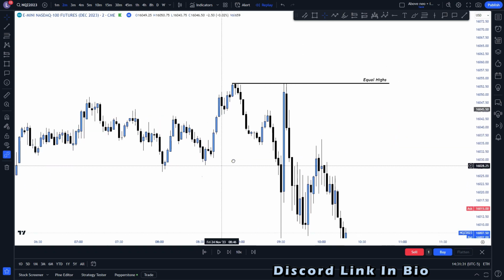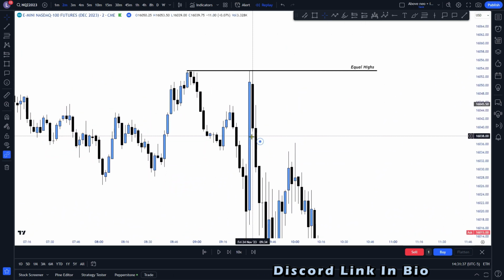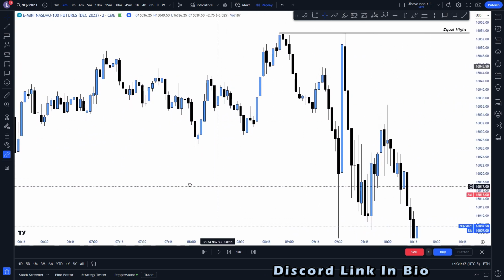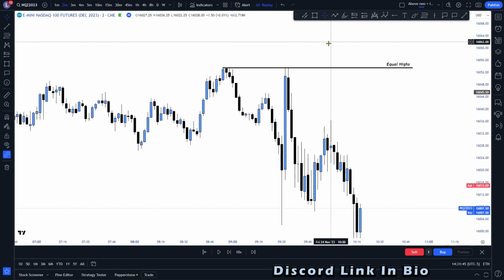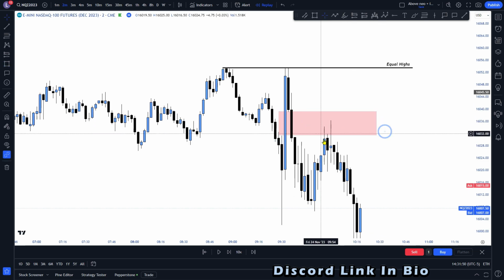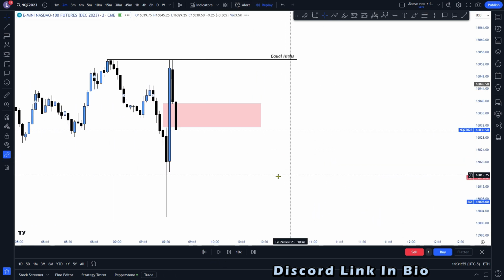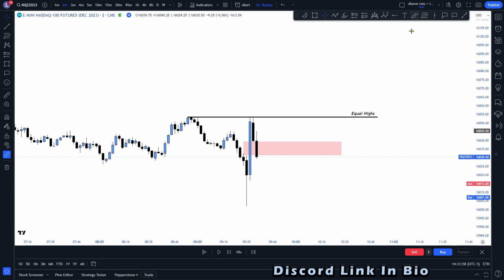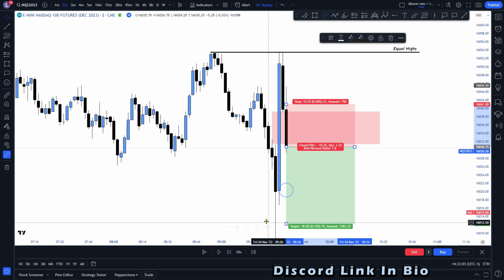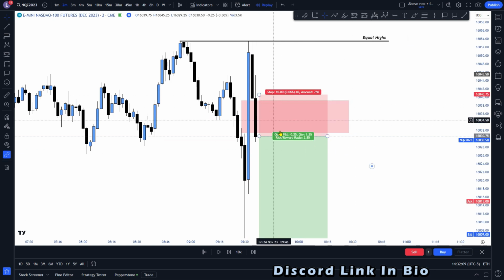Yeah, going off on a bit of a tangent there, but back to the inversion fair value gaps. Now, as I said, you want to make sure that you're using the inversion fair value gaps on the higher time frame, and the way I like to enter into these inversion fair value gap trades is, let's say I have this inversion right here and my target is the downside. So if we go to where the price has violated it, I would enter into my position right here, and then my take profit would be sell side liquidity, and my stop loss would be a candle close back above